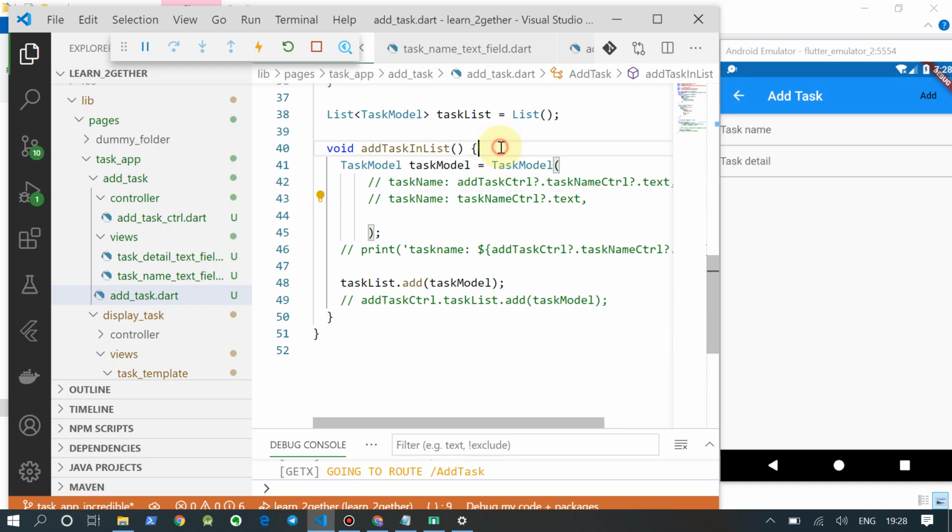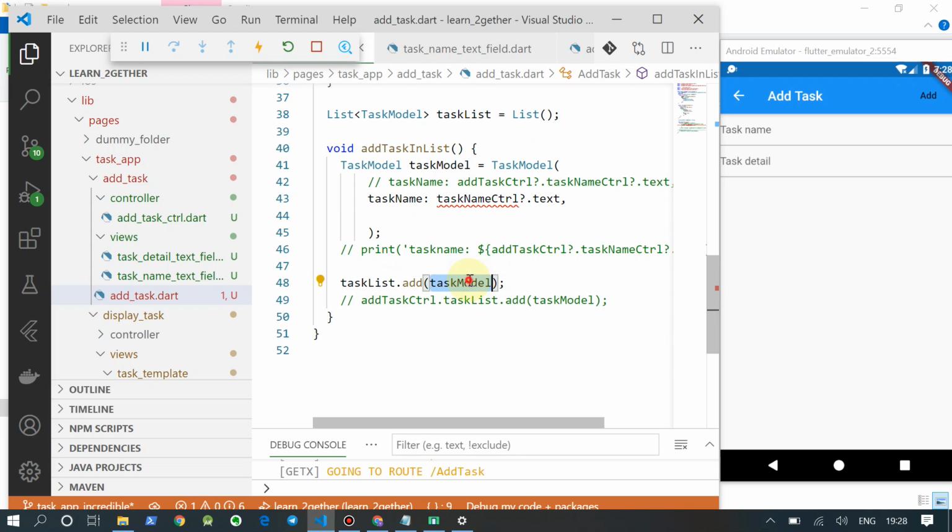As soon as it is clicked, I created an object of task model that will take the task name and task detail from the controller. In the task model we have the task name and task detail fields, right? So task name, controller dot text,